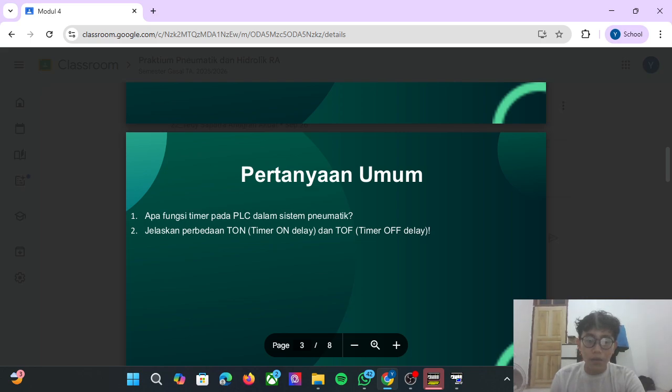How it works: when the input trigger changes to on, the timer starts counting time from 0 to preset time. As long as the time has not been reached, the output remains off. Once the time reaches preset time, the output changes to on. If the input goes off before the time is complete, the timer resets back to 0. The output remains off.